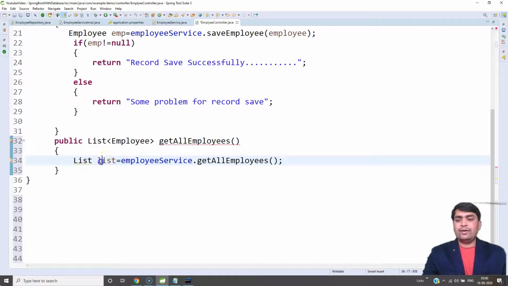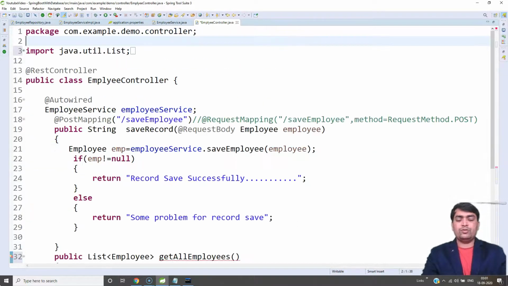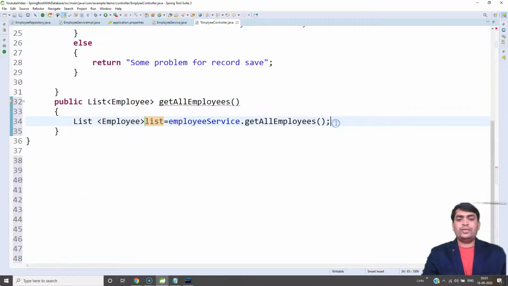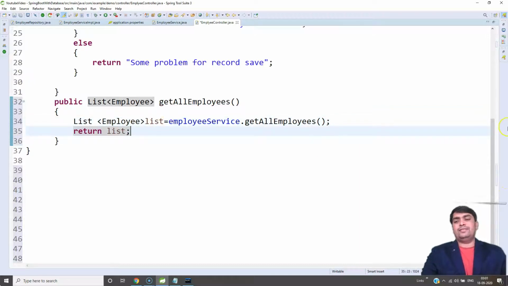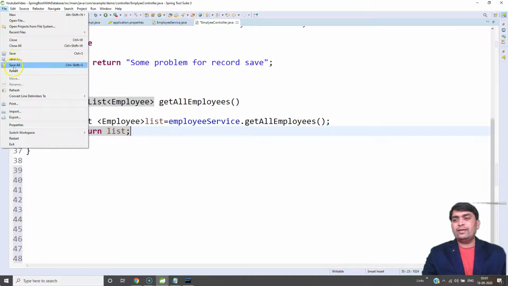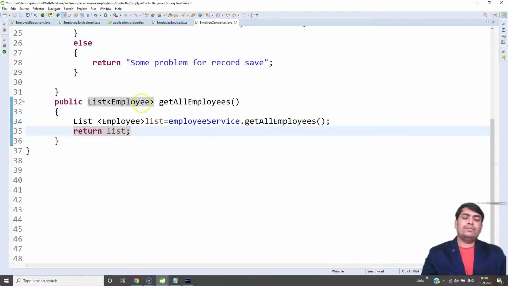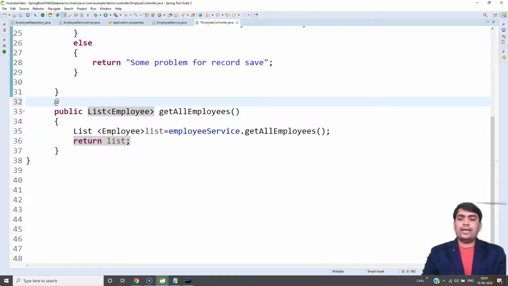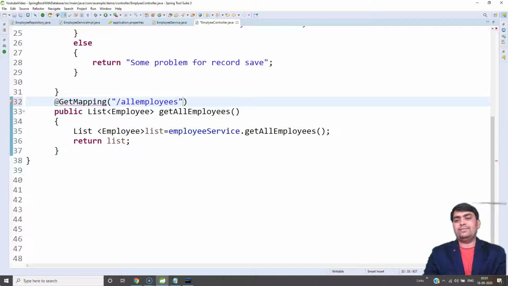And here you have to use generics; we write Employee, and we need to return the list. It's very simple. We need to create @GetMapping with the endpoint /all-employees.